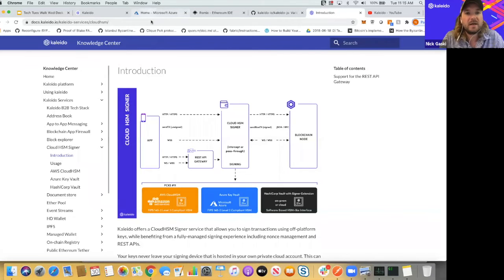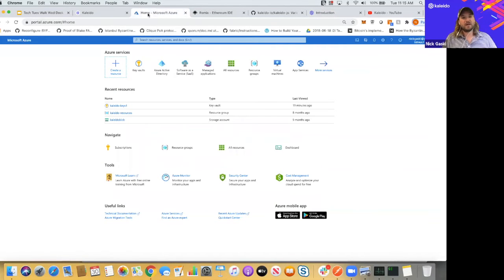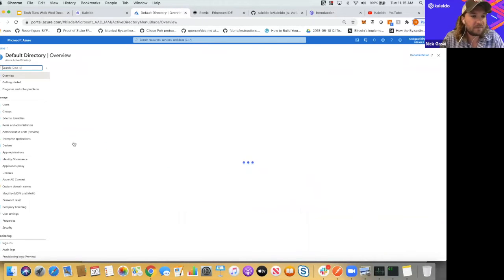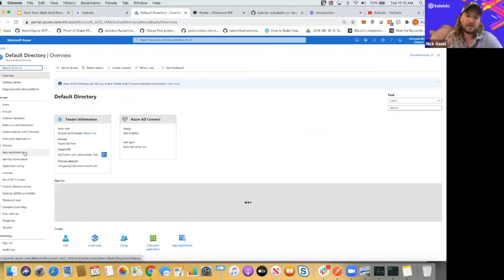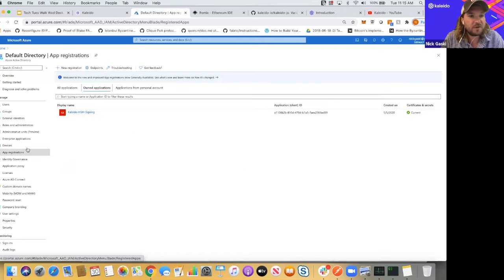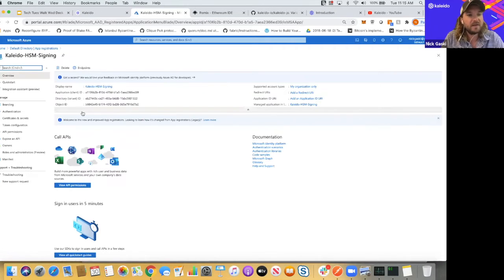So just to give you the context of what we need inside of Azure, here I am inside of my Azure portal. And what we do is we create what's called an app registration. This is what our client or our server-side app is going to authenticate into. Then we're going to give this app registration permission to talk to our Azure Key Vault, where the actual Ethereum key is held. So I have an app registration called Kaleido HSM Signing,